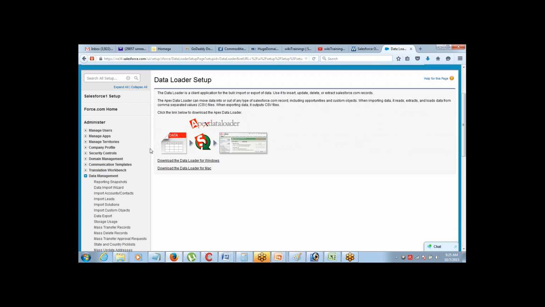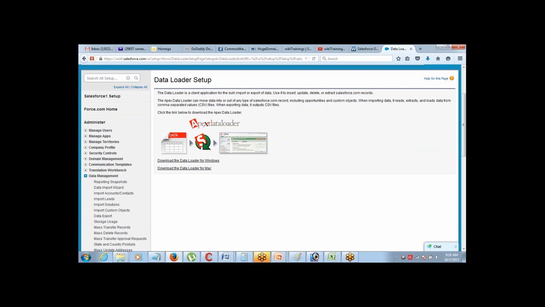and you have the option here to download the Data Loader for Windows and download the Data Loader for Mac. So whichever computer you're using, select accordingly and click on the link. It will start the download. Don't do it right now. You can attend the session right now and focus on what is being discussed. Later on, you can go ahead and download it. Maybe after the session, you can click on the link which is applicable for you and download